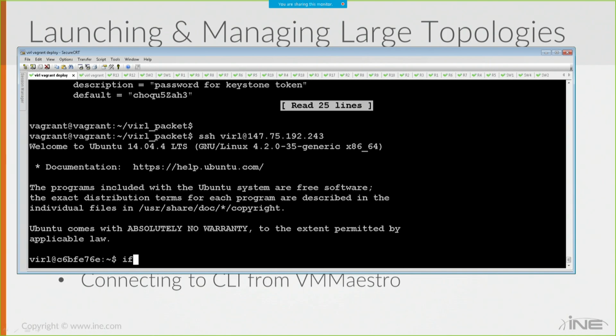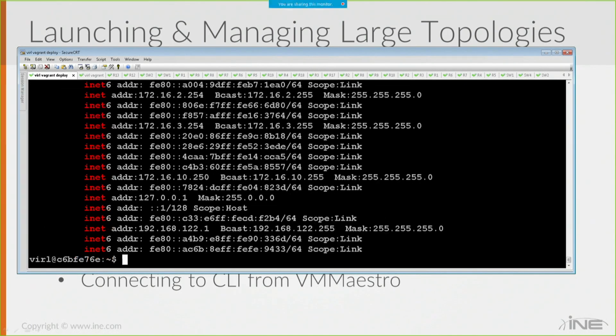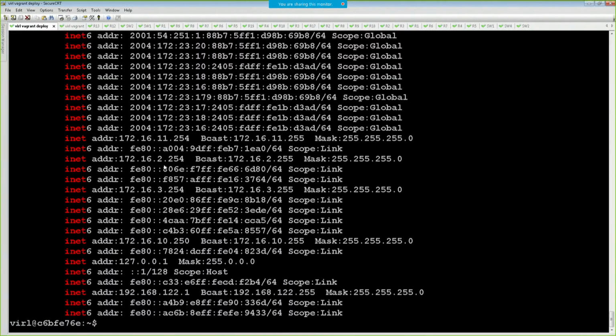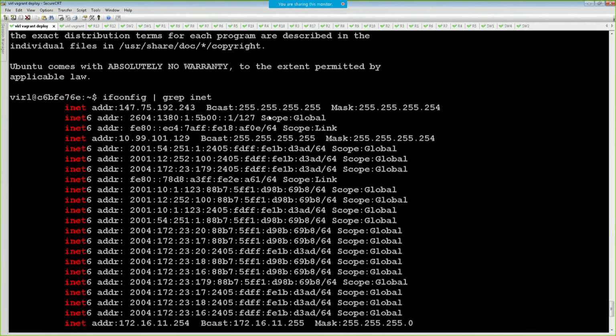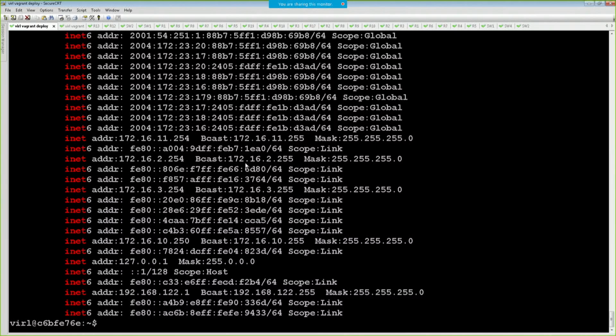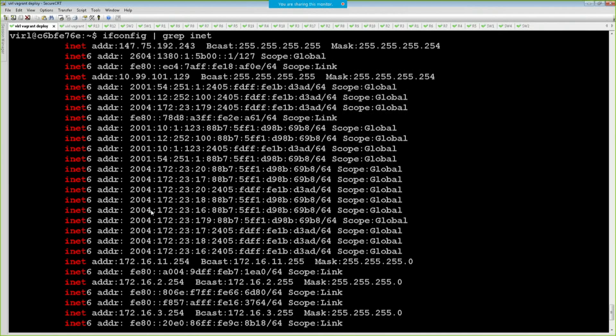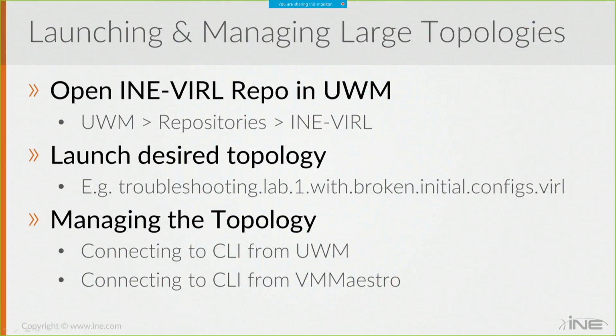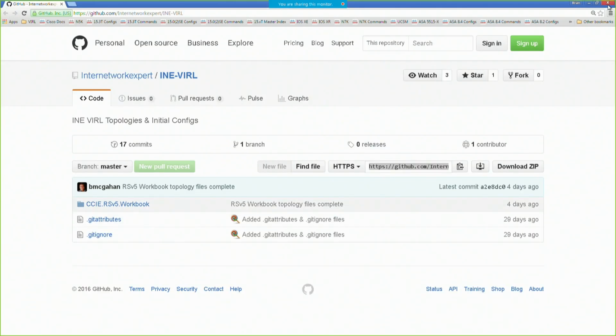So from here, if we were to look at an ifconfig and then grep for the internet addresses, one of these that you should see listed here is going to be the internal management address of the jump host. So you can see it has a lot of interfaces as part of the automation, but basically if you were to go back to the user workspace manager and then look at under the port assignments,